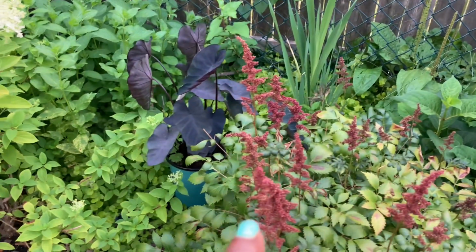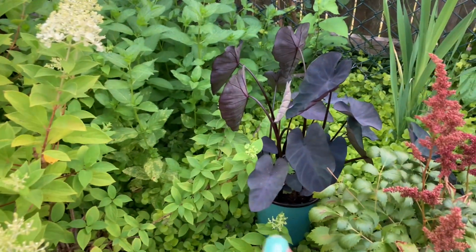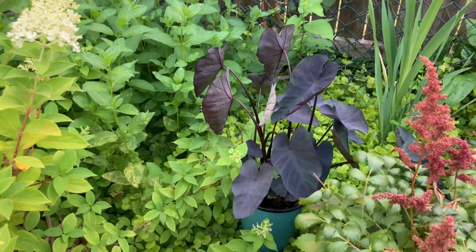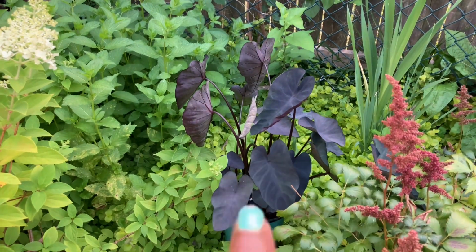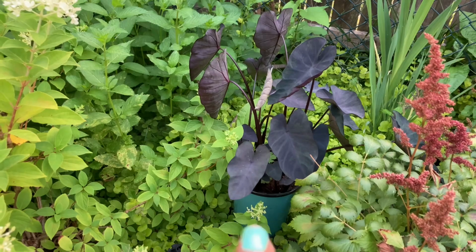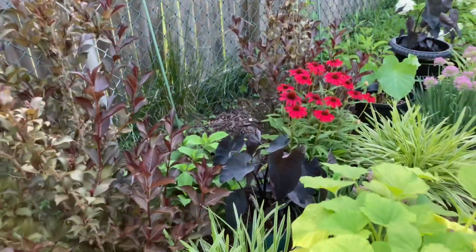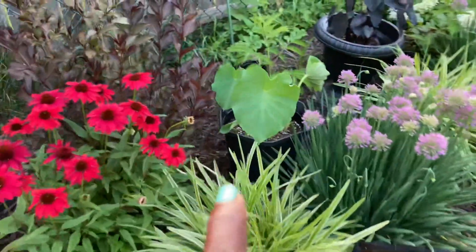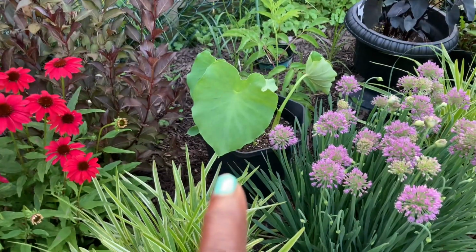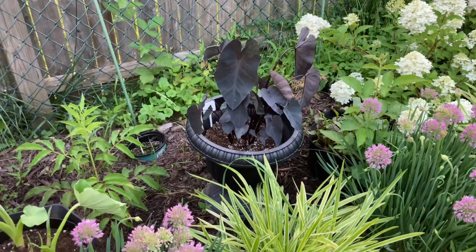This stilby is just about spit. But I also have the purple elephant ears that I overwintered the bulbs in my garage. So that's in a smaller container, but I would like to place that in the ground. I have several elephant ears. Here's another purple one, and then I have a green, and then I go back to